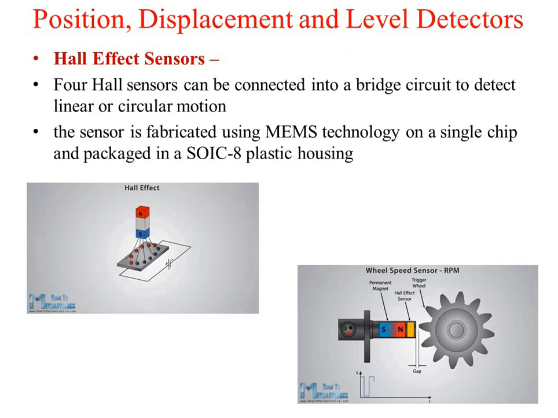Here you can see the output generated in terms of pulses. That pulse will be there only whenever there is a movement, and this is the principle of the Hall effect. So you can see that the pulse is generated whenever there is a linkage. This principle is used for a proximity detector also. The same principle is used for the proximity detector. Okay, so this is how you can use the Hall effect sensor.